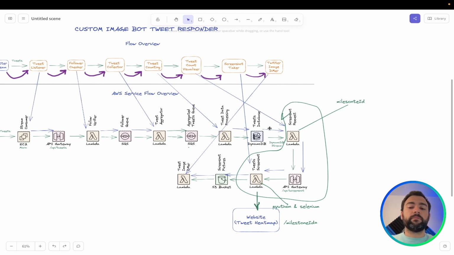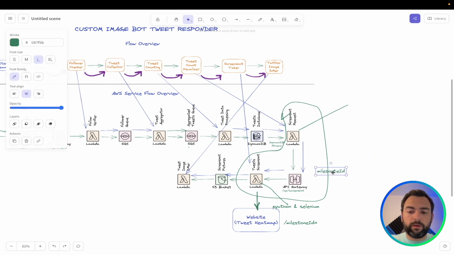But just to recap, our DynamoDB table, we have a DynamoDB stream which alerts us when new records are written to our table. We have a Lambda function hooked up to this stream, and its whole purpose is to pull out the milestone ID. The second it has its milestone ID, it passes it to an API Gateway which is hooked up to a Lambda function. So we're going milestone ID, and it's just looping all the way around over here to this